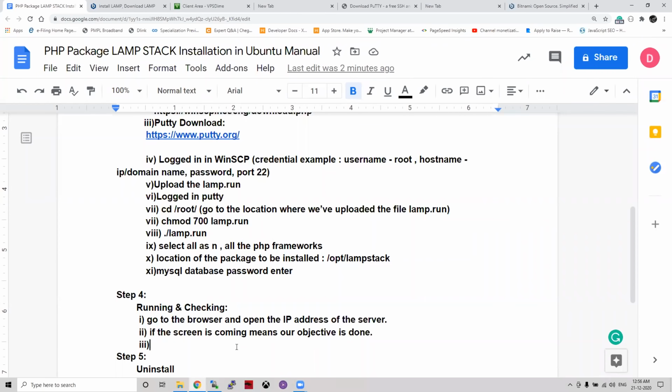So let us write here also what we have done. So we have gone to cd /opt/lampstack/mysql/bin. Okay, we have gone there.